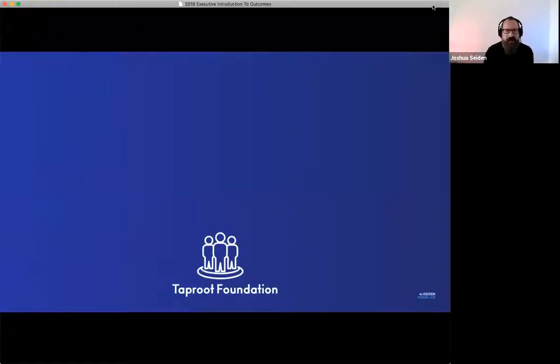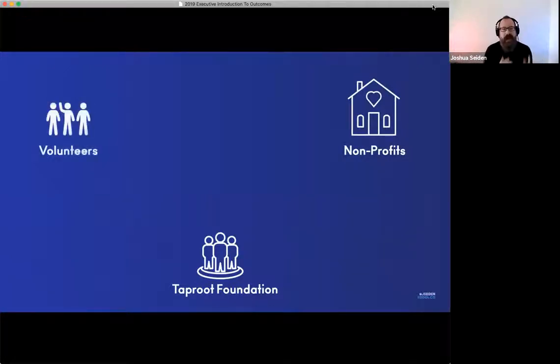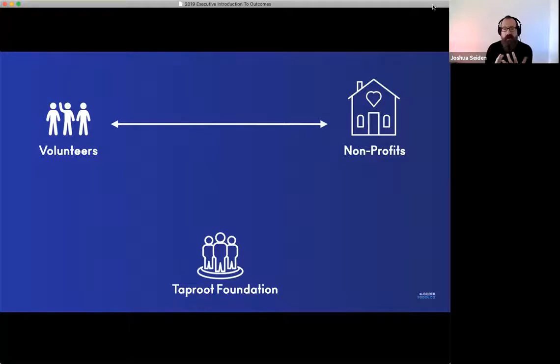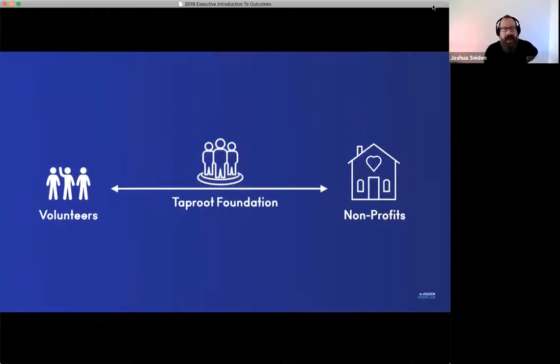Taproot Foundation is a nonprofit whose mission is to help other nonprofits make use of the skills of skilled volunteers. And so what Taproot does is they act kind of as a broker and a project manager. When there's a nonprofit organization that needs some work done, for example, they might need a new marketing plan or a new human resources plan, Taproot will help them find skilled volunteers who will volunteer their time, marketers, human resource professionals, people who want to help. They will match them, and then they will manage